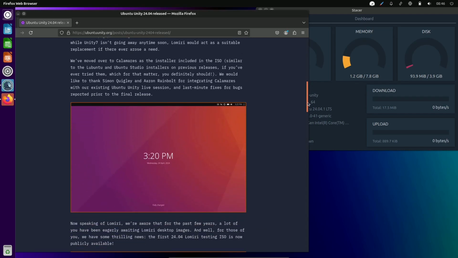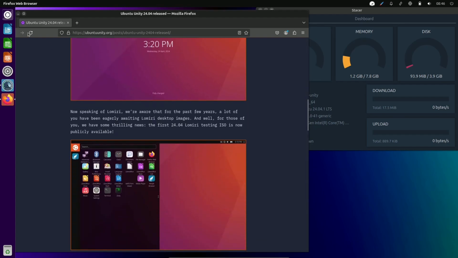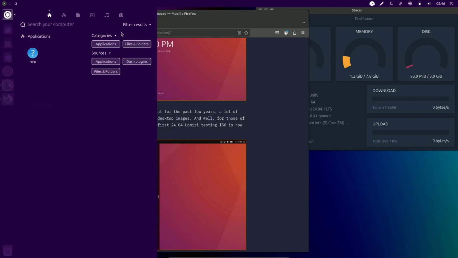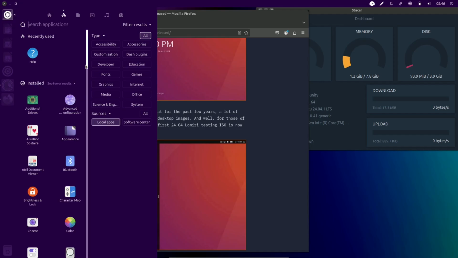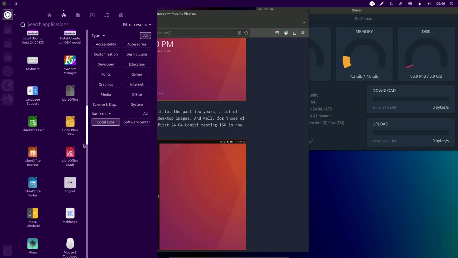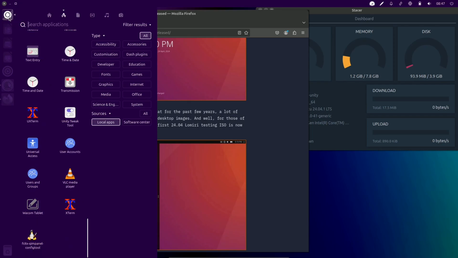So from my perspective, I don't really like the look, and I don't know why. When you open the applications, it's clearly up to me, but I don't know how to open the applications in this distribution. You need to click on local apps and find them there, instead of just clicking on the app menu. You can get all the applications, like in Ubuntu MATE, when you click on the applications, you should be getting